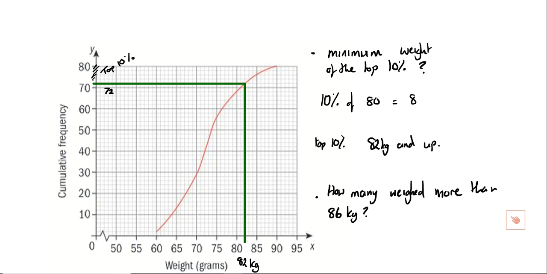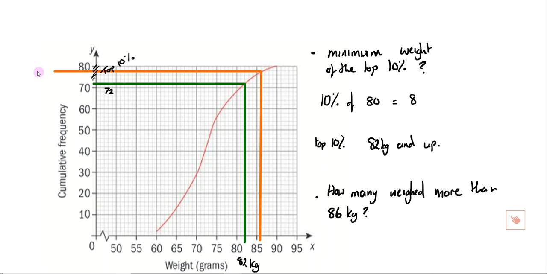So what do we do this time? We have to, again, read off our graph, but go backwards. So we go from 86 kilograms up there, and I read across. And I've got an answer of